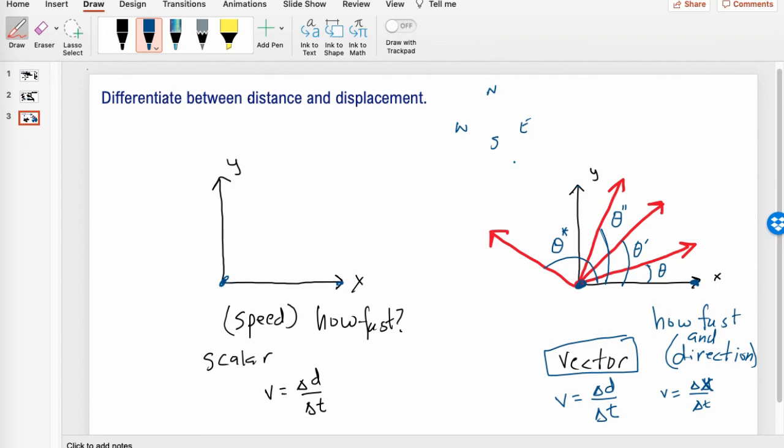And when we're talking about direction, that'll be a vector quantity. We'll call it velocity. We will call it velocity when we are talking about direction. When we are not talking about direction, we will call it speed. It's the exact same equation for both, but the terminology we use to define it is just a little bit different. Right? So we've talked about scalar versus vector quantities,